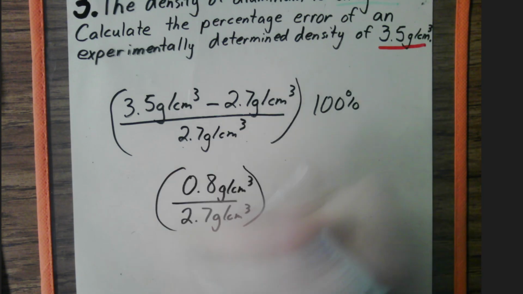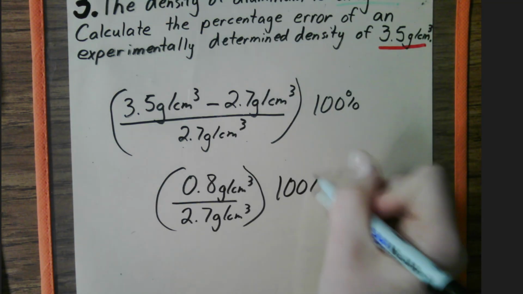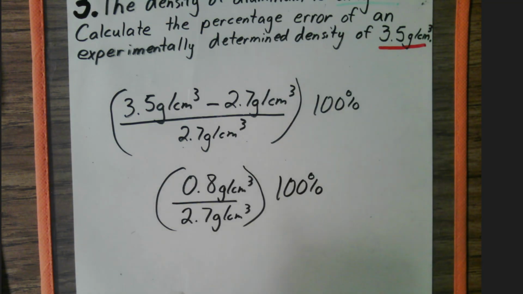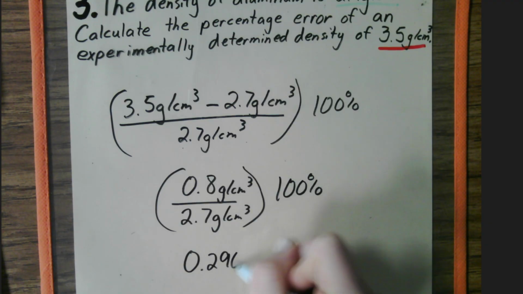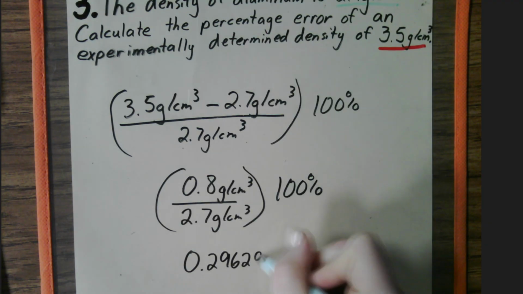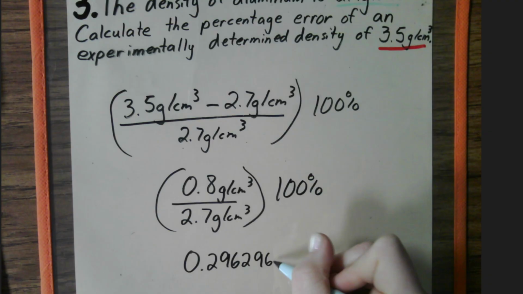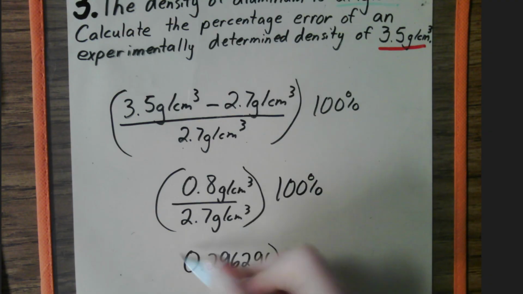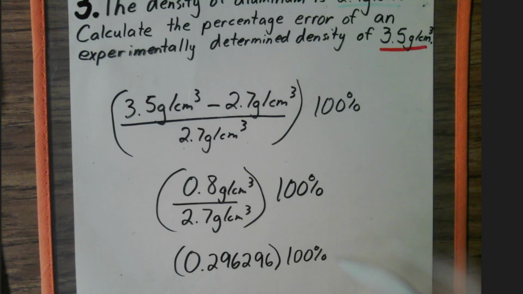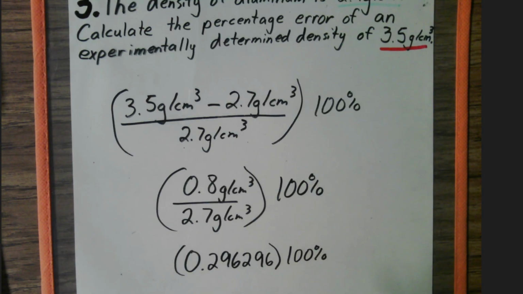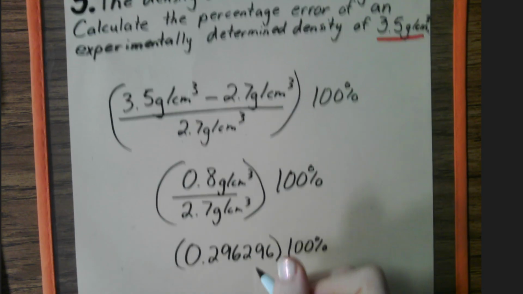And then those two multiplied by 100%. 0.8 divided by 2.7 is going to give us 0.296296, etc. We're going to multiply that by 100%, and we get